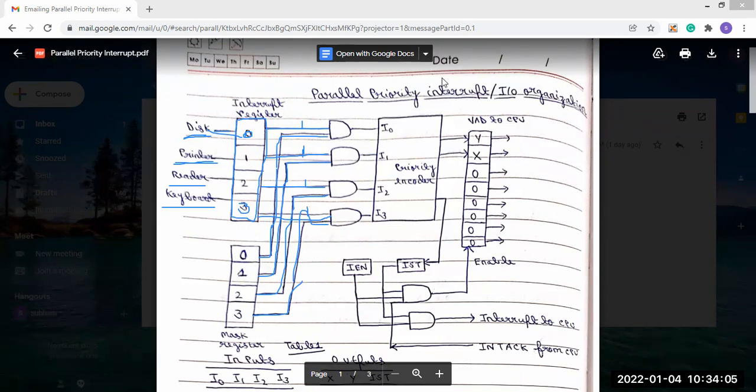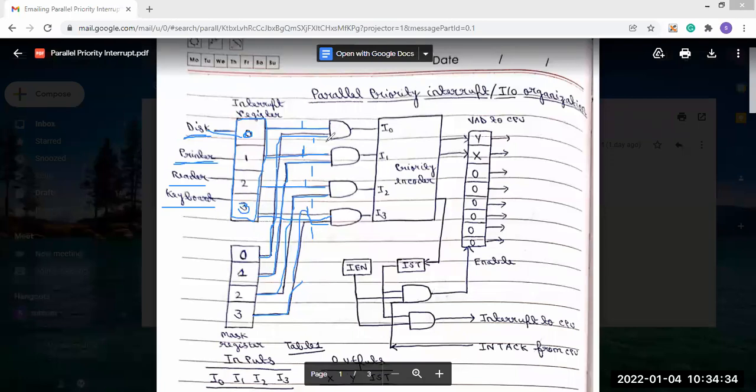Now, what will happen? When we use the mask register, initially the mask register value is also 1. So there also the 1 will go, here also 1, because initially the mask register value is 1.